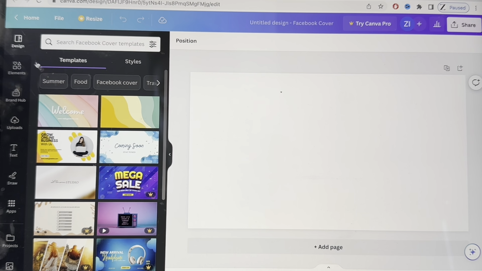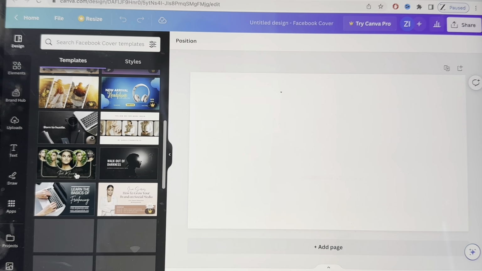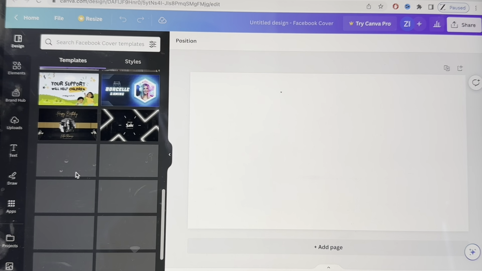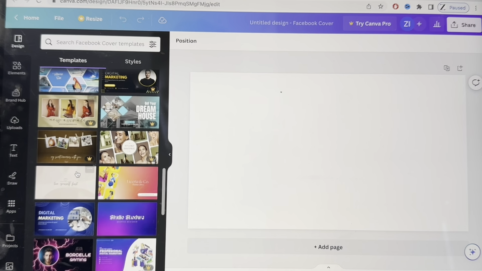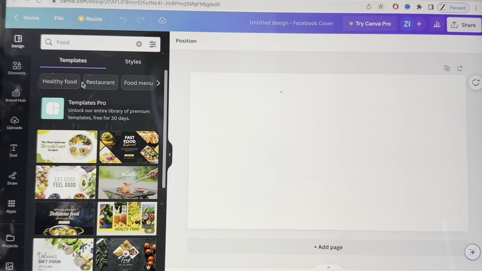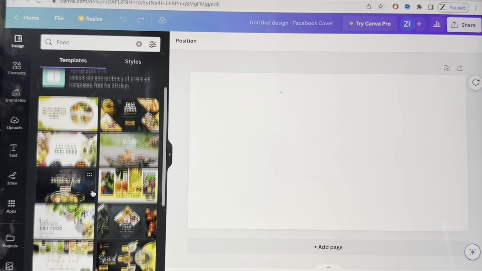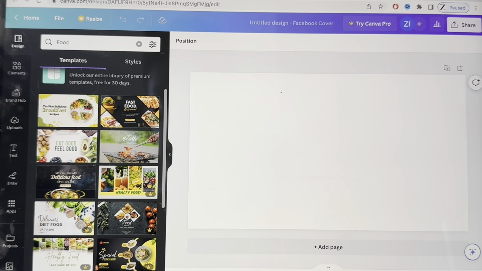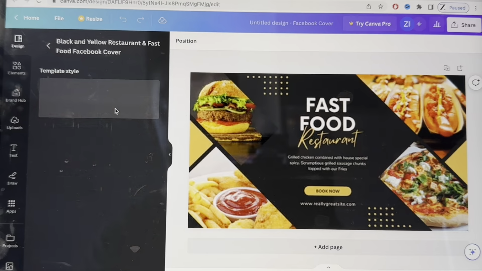On the left hand side you just select design, and here are some templates that we can use. Also, if you want to do something else, it depends on what your Facebook is about. For example, if we have food, we can just select food, and then we can choose what we want on there. So we can just select this one,